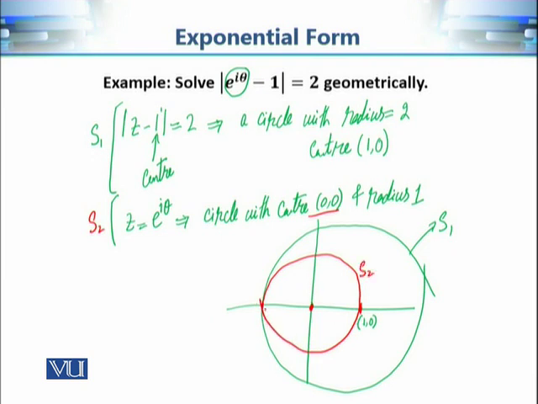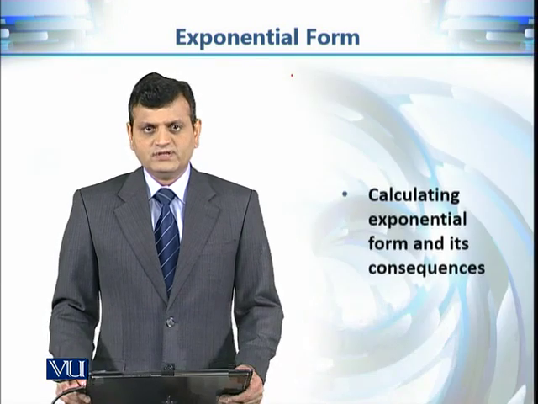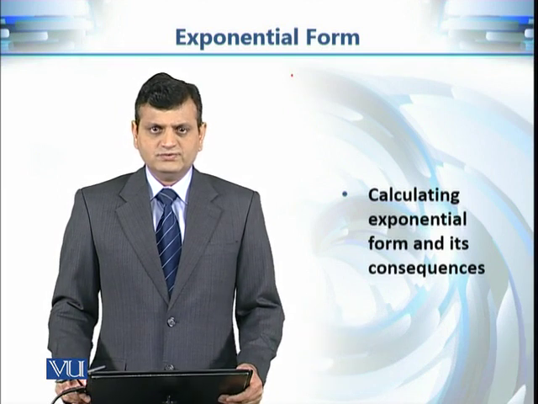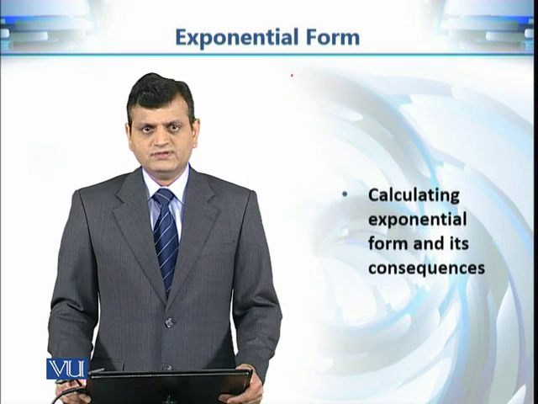So this is S2. Now we can see that the point of intersection of these two circles is basically this point. So we can say that this equation, modulus of e raised to power iota theta minus 1 equal to 2, has solution theta equal to pi. Only for this value of theta will we get modulus of e raised to power iota theta minus 1 equal to 2. Now we have seen how to calculate the exponential form of a complex number and how we can do simple calculations using this exponential